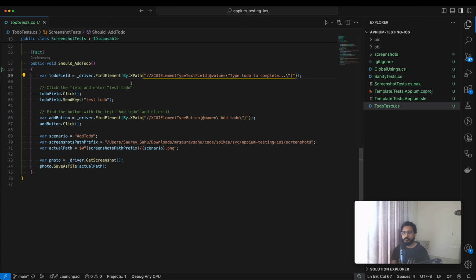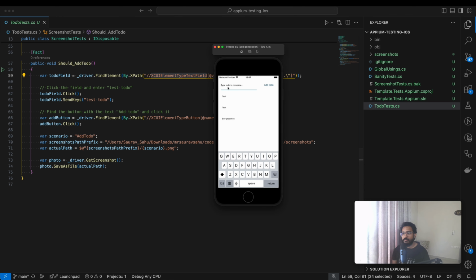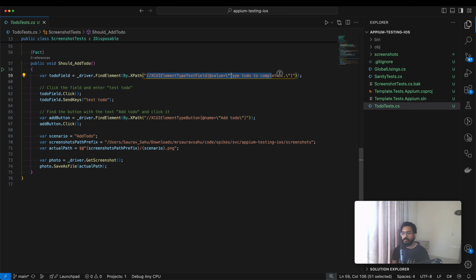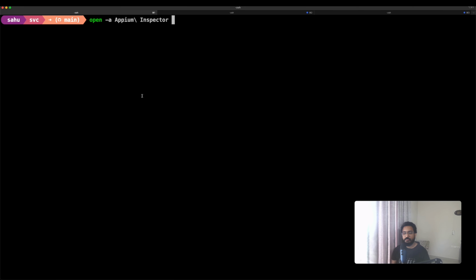In Appium, the default behavior is to first find the element using something called XPath. XPath is basically a type of selector that you write. For example, this XPath is of type XCUIElementTypeTextField, and then it should have a value of type to-do to complete. So how did I even get to write all of this XPath? I don't know how to write all of this. So to help you figure out those XPath strings,